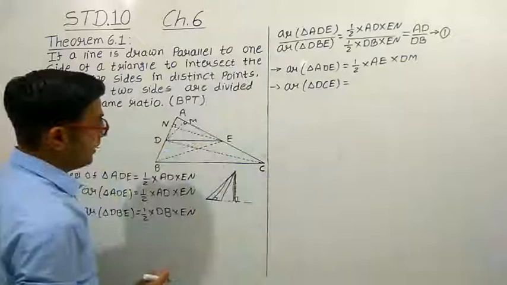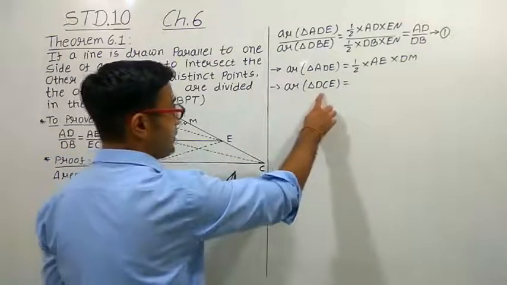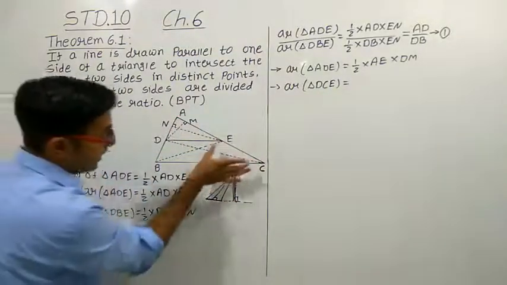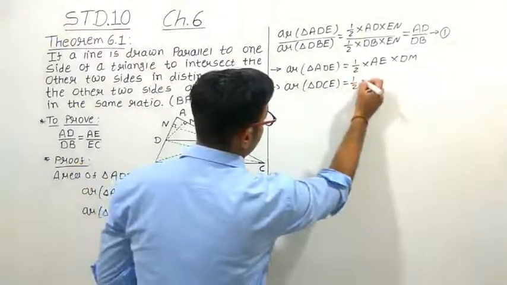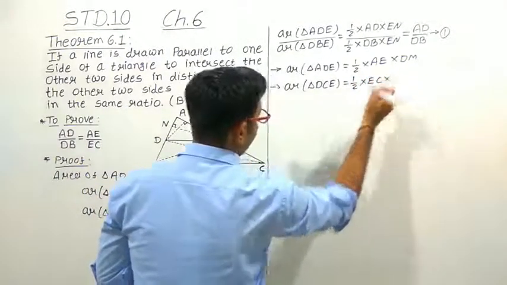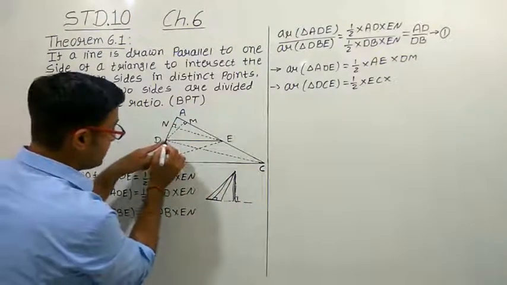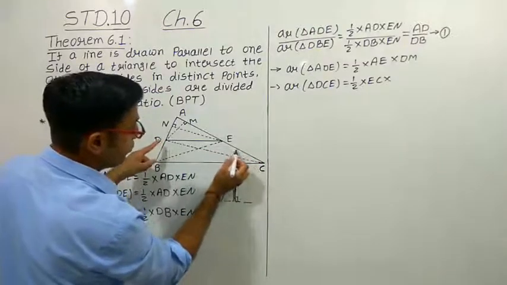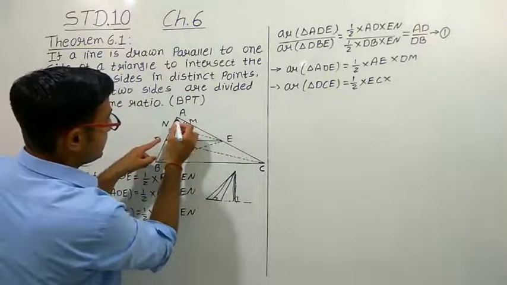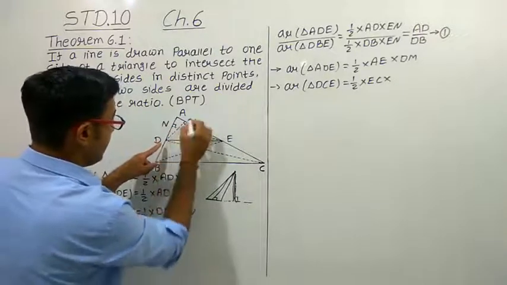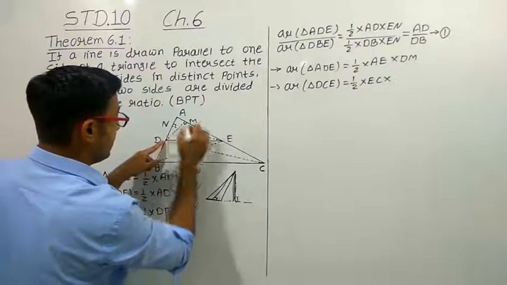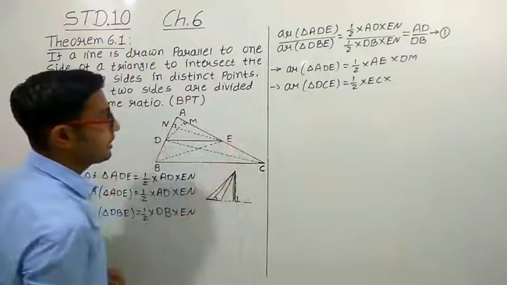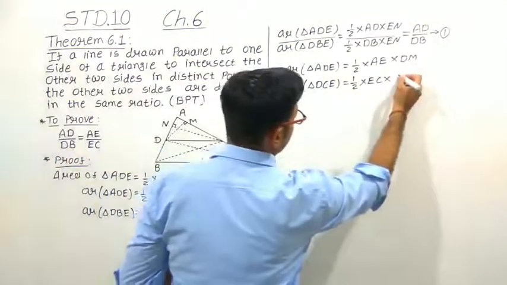See, now how can we write down the area of triangle DEC? First of all, which base do we have to take? In triangle DEC, EC is our required side. So we can take EC as the base. So 1/2 into base, that is EC. Now what will be the altitude here? See, from this D we cannot draw the altitude here because it will not make a 90-degree angle. So we have to extend this EC. When we extend EC on this line, we get the altitude from point D, and that is DM. So DM is the altitude and EC is the base. So 1/2 EC into DM.